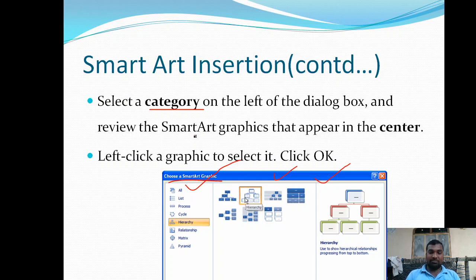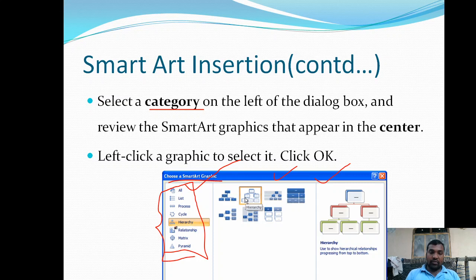Based on the similarities, the entire set of smart art graphics available in Word is categorized into several groups. Based on the need of the user, a user must choose any one of these categories by clicking the mouse left button.